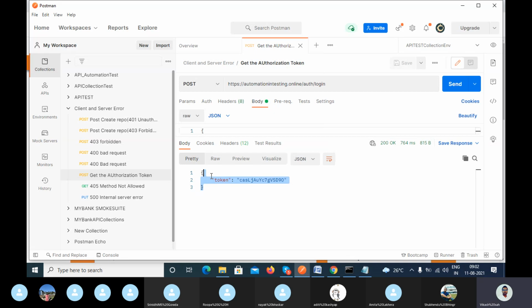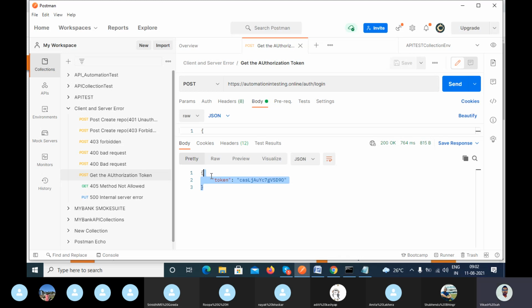This API security concept is, I think, used in real time by 99% of companies. So you will also get this functionality in your application when you start working on an API project.